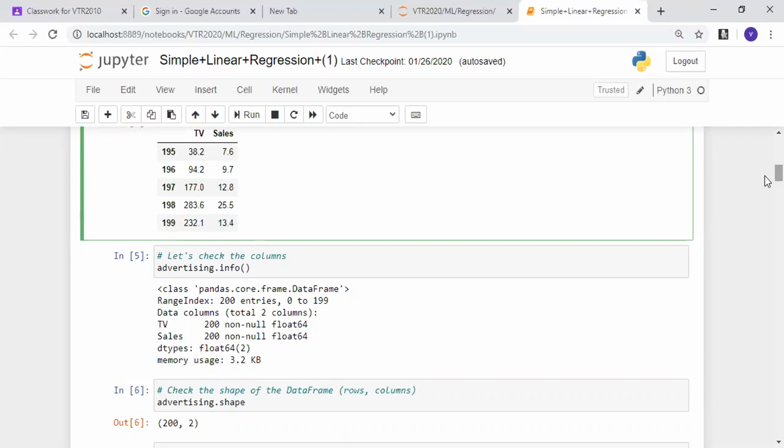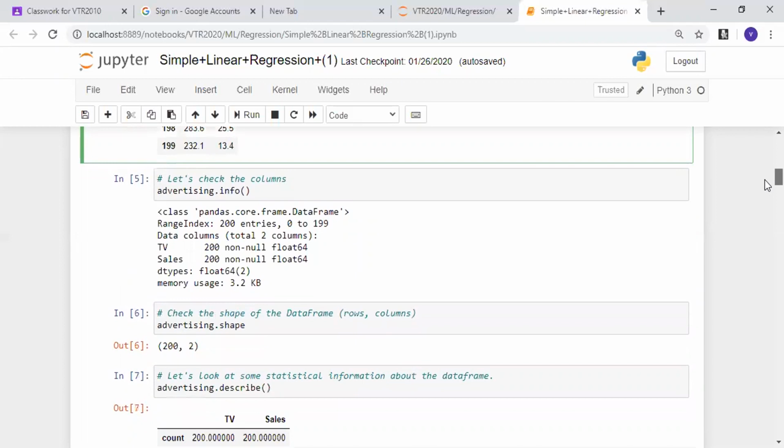Make this very sure: data has to be continuous in regression. This is a very important question you need to understand here. So now we understood that yes, data is continuous, so we can go with the machine learning model, no issues. Now I'll see the number of rows and the number of columns.